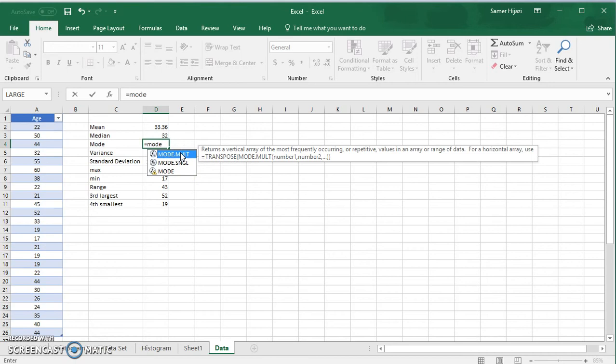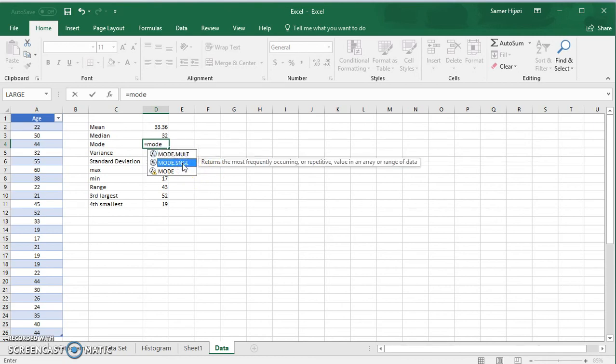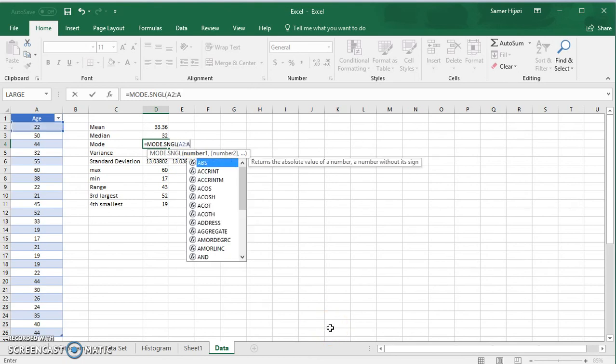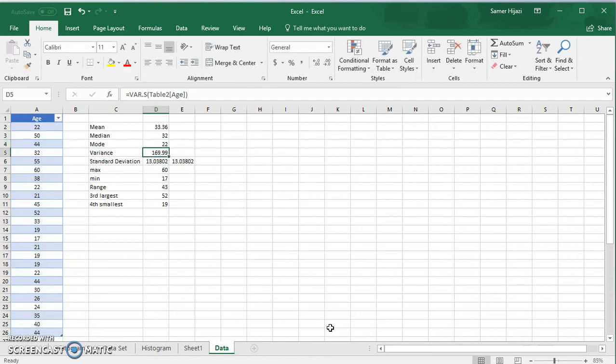The multiple one returns the answer as a vertical array. So we're going to treat it differently, and we're going to look at it differently. I'm going to select the MODE.SNGL. And when I type the range, you will see that it will return the first mode it encounters, which is 22. So you see it repeated 3 times. But is it the only mode? We don't know. That's why we're going to go and check the